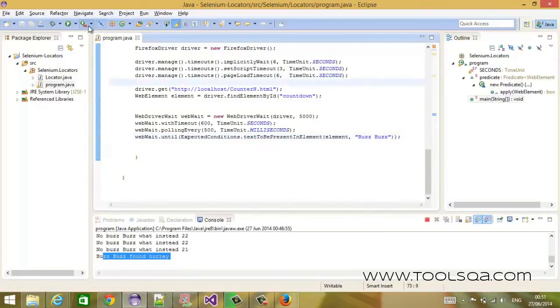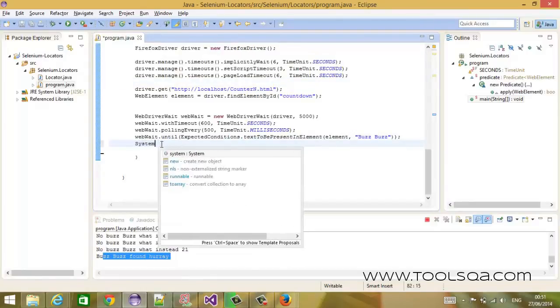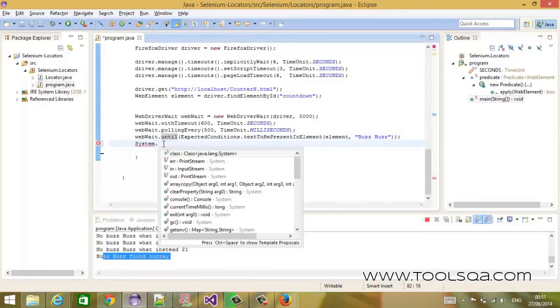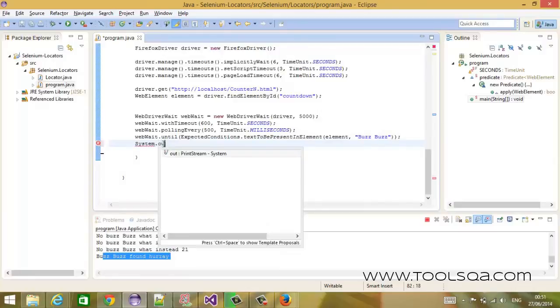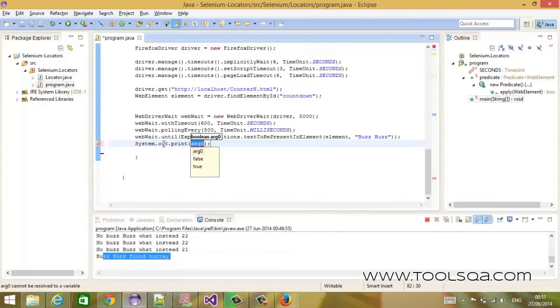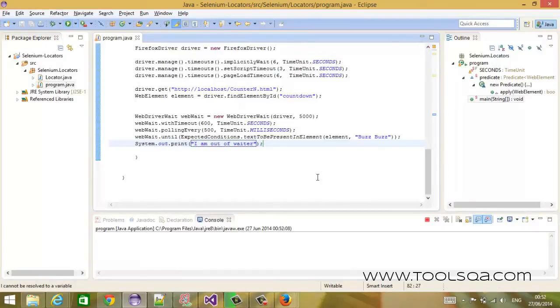Now if I run this test, just to confirm, when it returns out of the waiter, when it returns out of this statement, I will write a System.out command. I will print something on the console. These print commands are my favorite, because they help me understand the code flow. It teaches me how the code path has been executed. So if I do this,